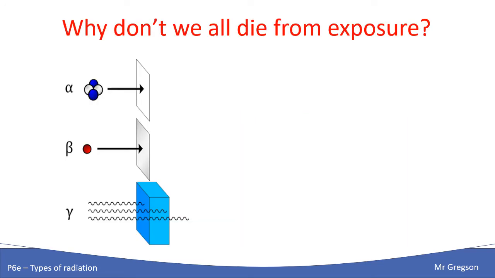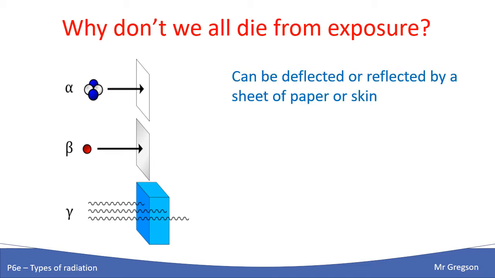Okay, so why don't we all die from exposure? What stops us from being constantly bombarded by alpha, beta and gamma? So the simple answer is we're not. We're always bombarded by all three. But these are the parts that we typically apply to alpha. You might recall that we talked about this back at alpha. It can be deflected or reflected by a sheet of paper or skin. Okay, so whilst it's incredibly dangerous, very ionizing,